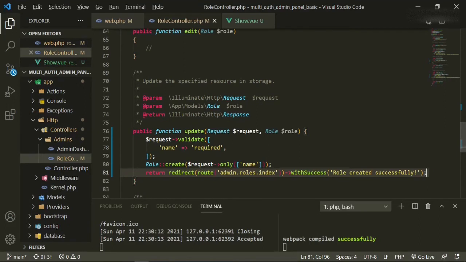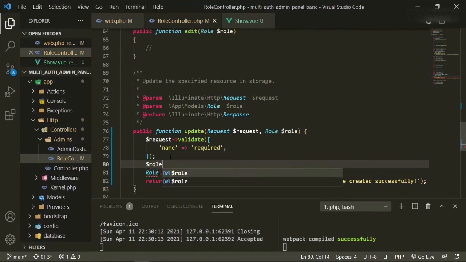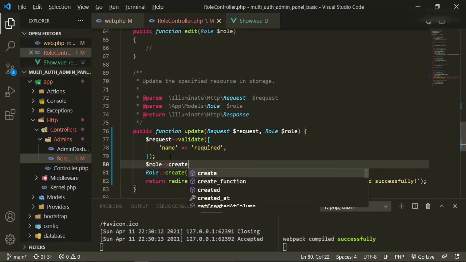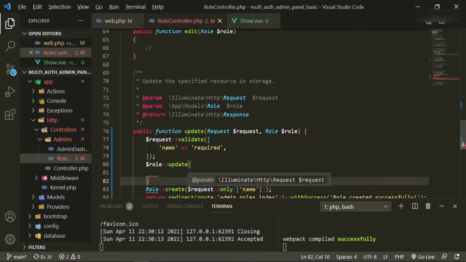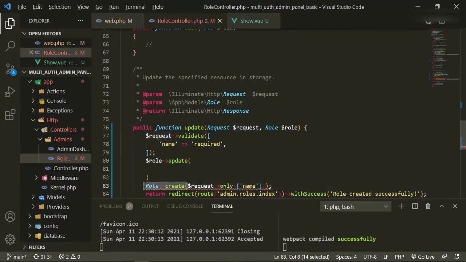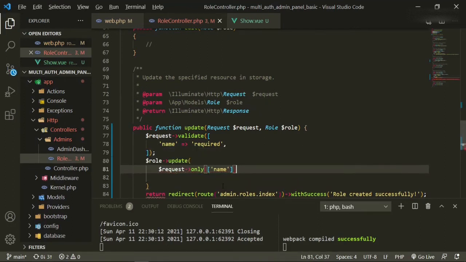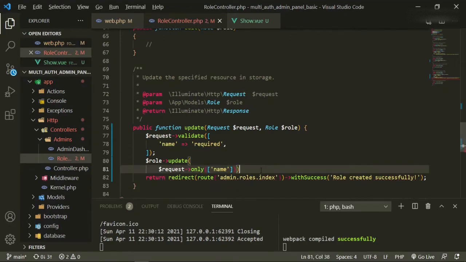And instead of create, this is now going to be role create or update, and then we can get rid of these, bring this up, clean this up a bit, put a semicolon at the end, and bring this up as well.